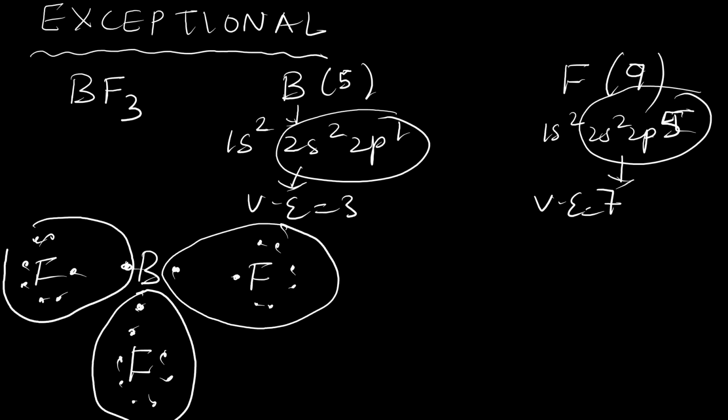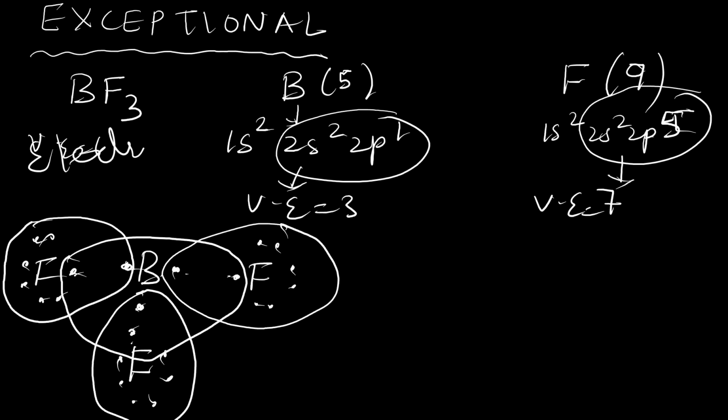Similarly, this one. But what about boron? Boron is sharing 3 electrons with fluorine. So total electrons present are 1, 2, 3, 4, 5, 6. So even though it has 6 electrons, still it is stable. So this is an exceptional case. Then we have another exceptional case